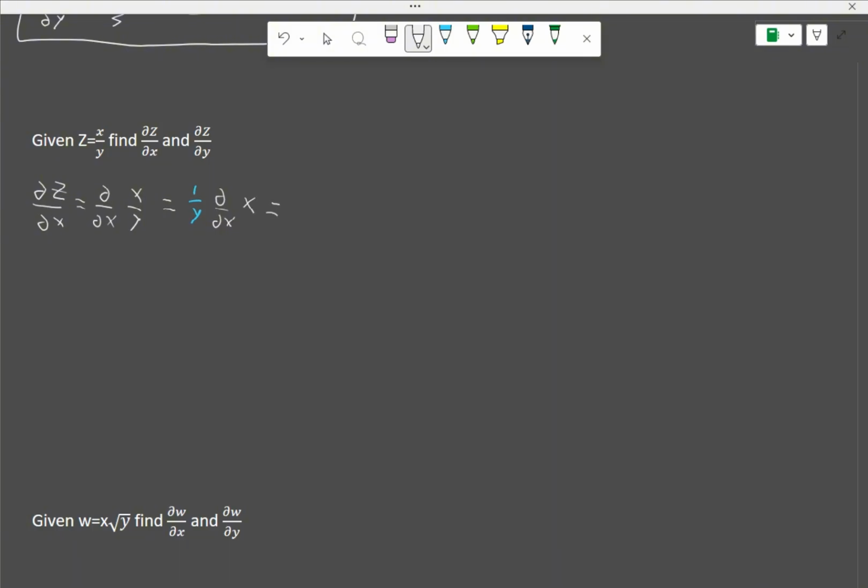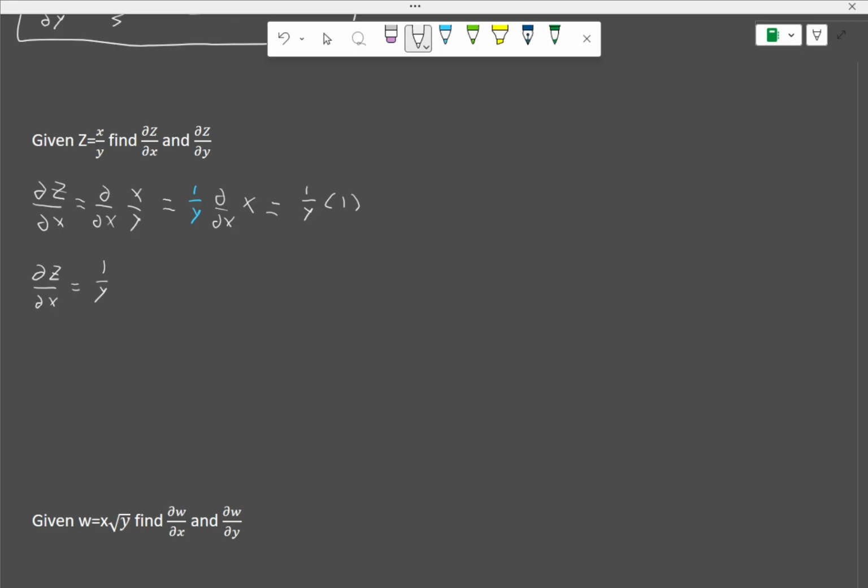It's just 1. X to the 0 is 1, so we're just left with 1 over y times 1, giving us the answer that the partial derivative of z with respect to x is equal to 1 over y